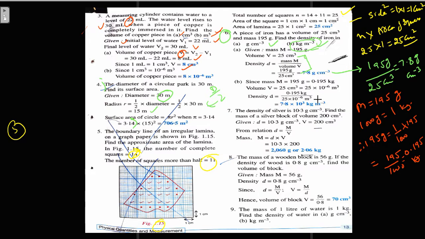So density would be mass upon volume. Mass is 0.195 kilogram upon the volume, which has been converted from centimeter into meter. So it would become 25 into 10 raised to power minus 6. So our answer would be 7.8 as we found here, but this will go above and become